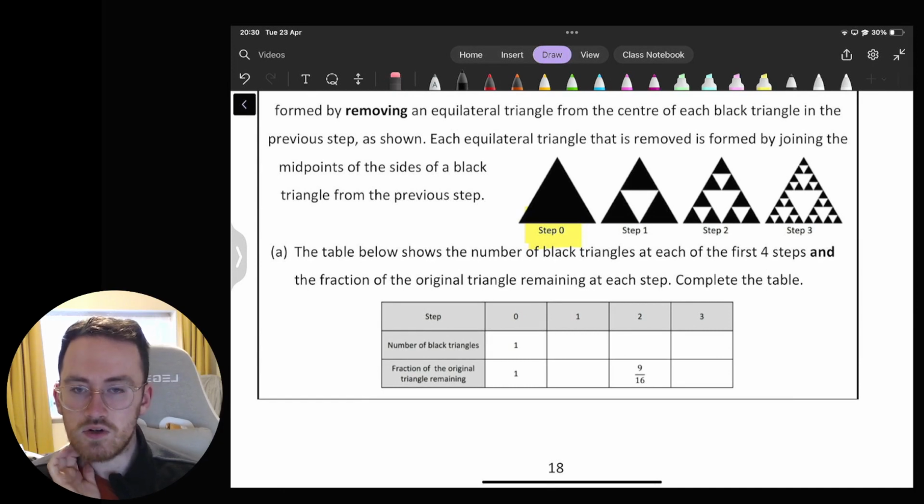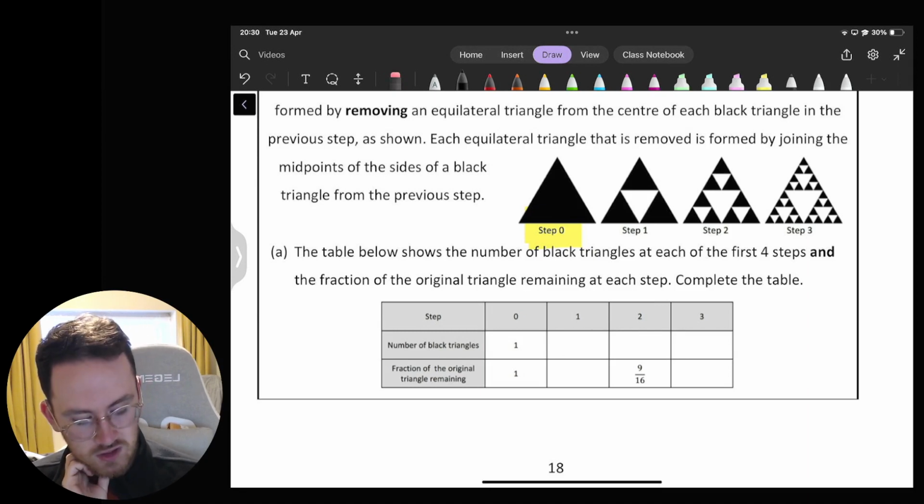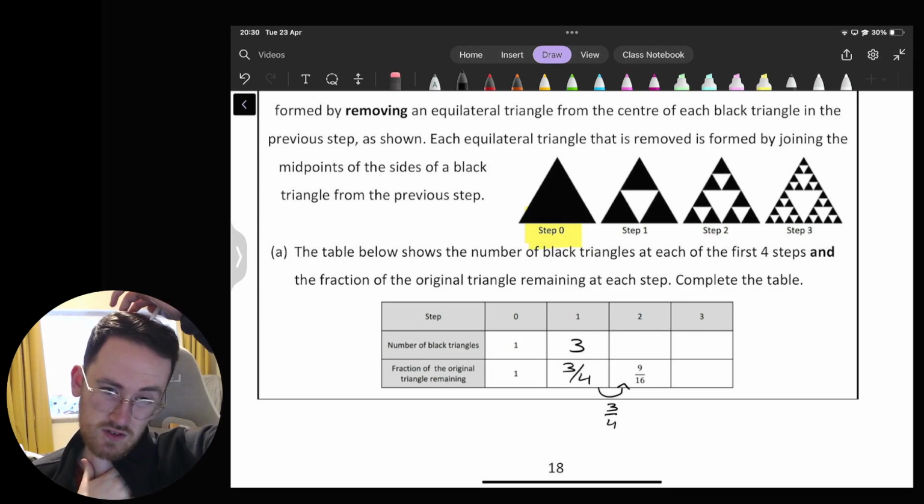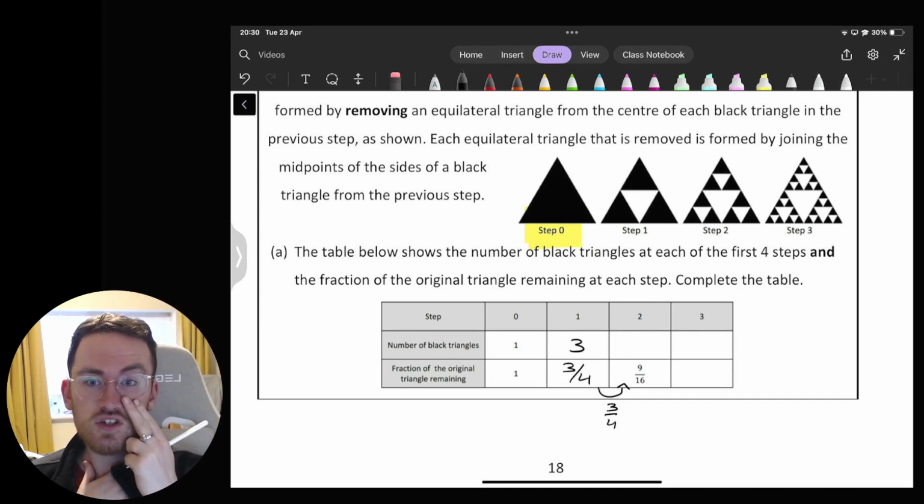So at step 0, number of black triangles is 1, fraction of the original triangle remaining is also 1. In step 1 then, the number of black triangles is 3, the fraction of the original triangle remaining is 3/4. Now they're telling me here from step 1 to step 2, I go to 9/16. I can spot that already as being a multiplication of 3/4. Okay, so I'm suggesting here that there's 3/4 of the triangle being left in each case, which does